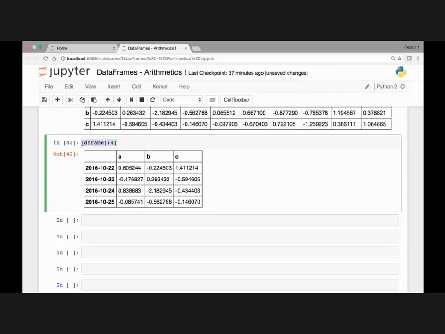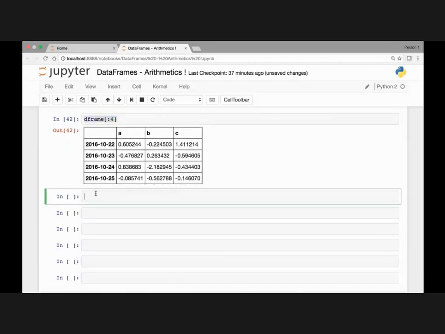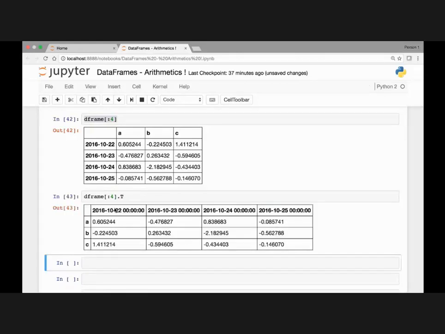Okay, so let me have this in a new cell, paste it here, and then call the transpose method. See, now we have these 4 rows are now the columns, and then these columns A, B, C are now rows. Great. And in the next lecture, we'll look at some of the NumPy universal functions that we can use on